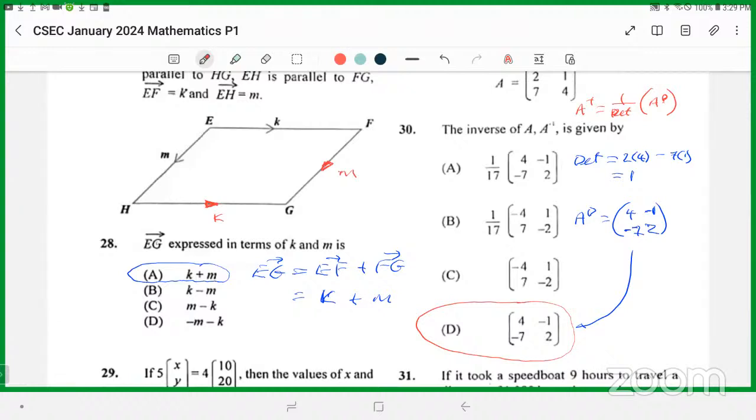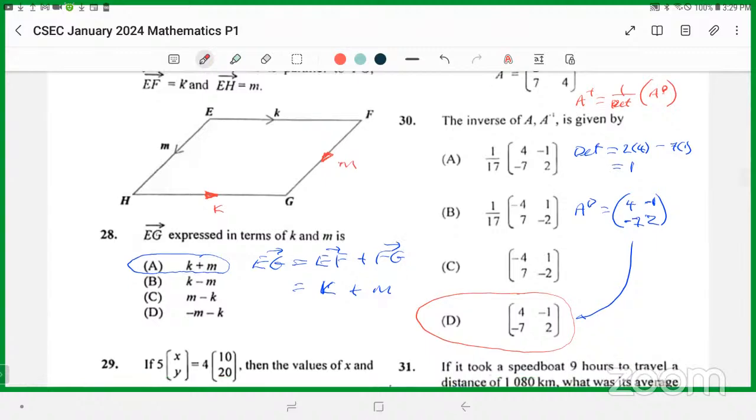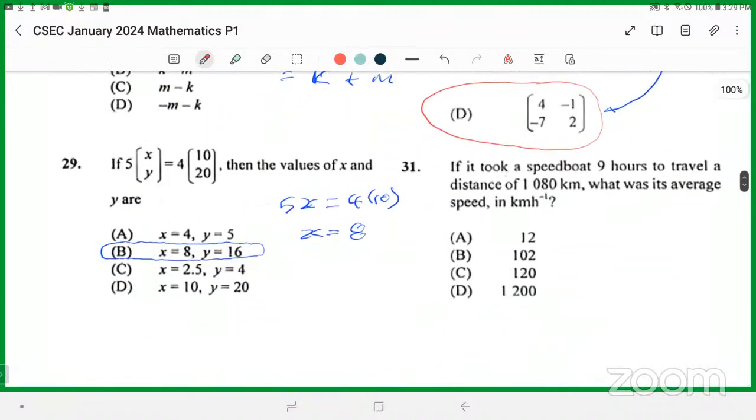That's it. The adjoint. The matrix becomes the adjoint, but the determinant is 1. All right. So this question now says a